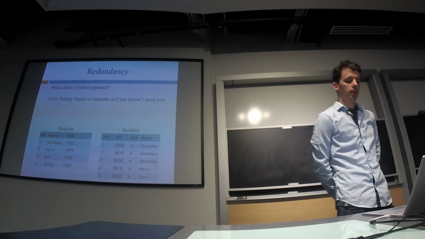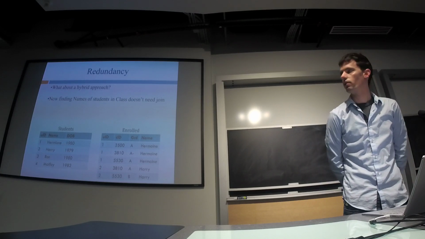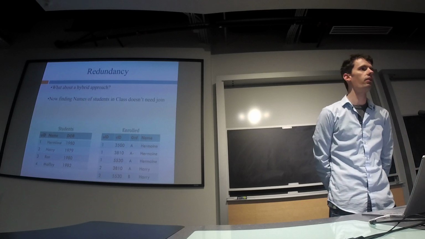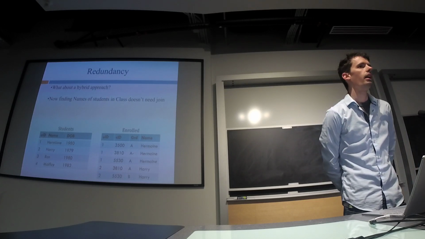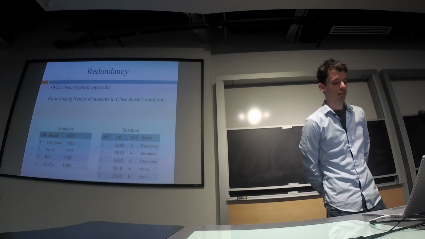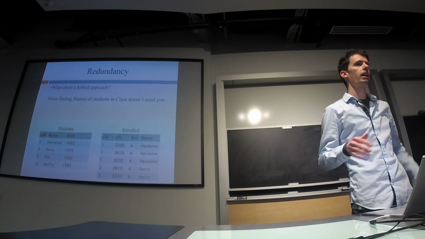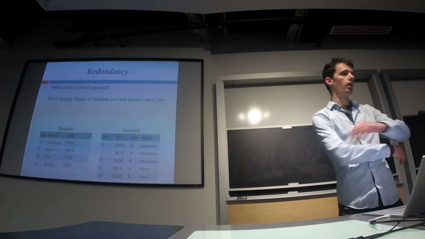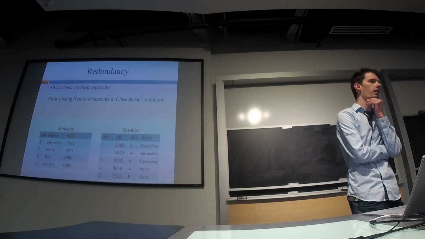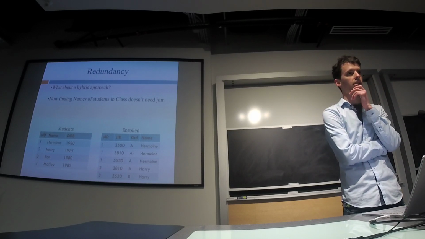The reason you might want to do that is, if one of your common queries was give me the names of all people in a certain class, now you can do that without a join. If enrolled did not have this name column, I could still do it, but I'd have to join these 2 tables on UID. So maybe that does speed it up,